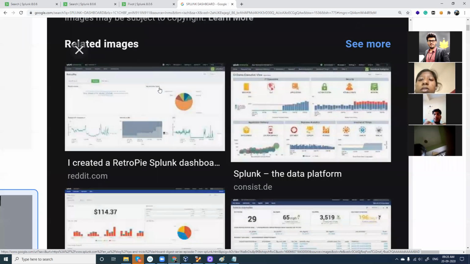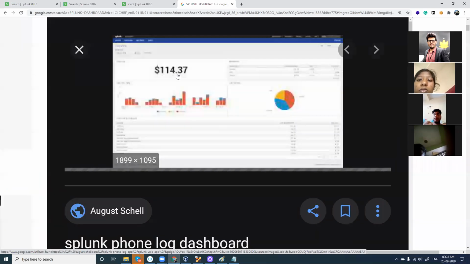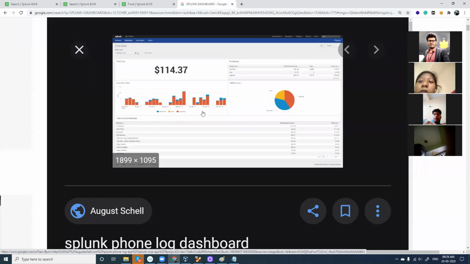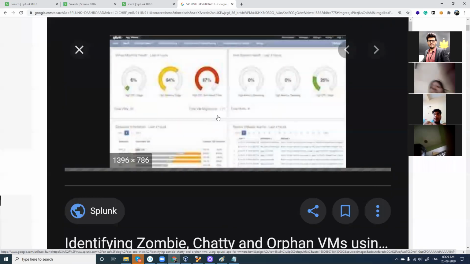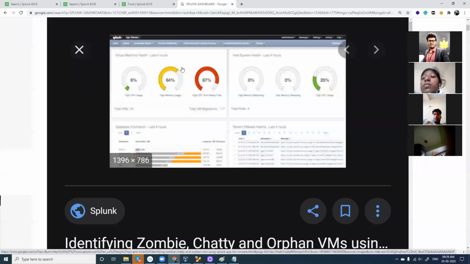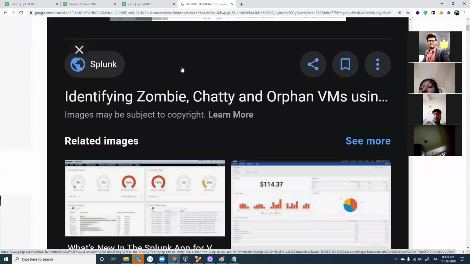We'll go for a sales report, something like this. It is going to show you in real time how much sales is done, from which place, and what kind. You can customize this. Companies customize Splunk based on their requirements: what do they need, how do they need it? So it will help you in analyzing real-time data with no restrictions, and you can analyze everything with ease.